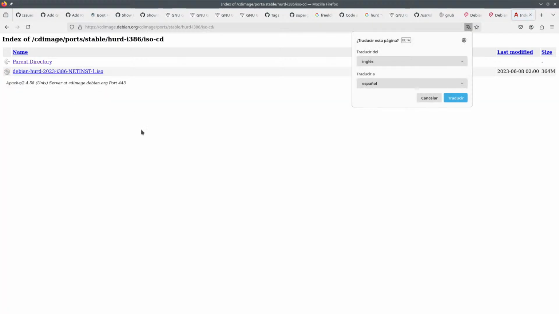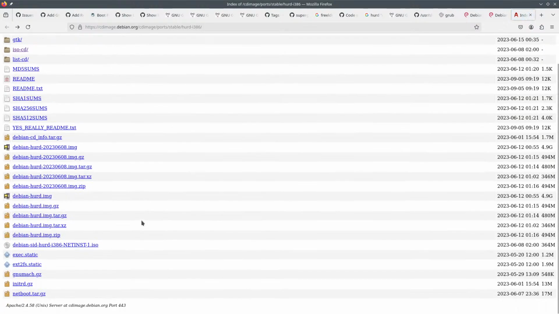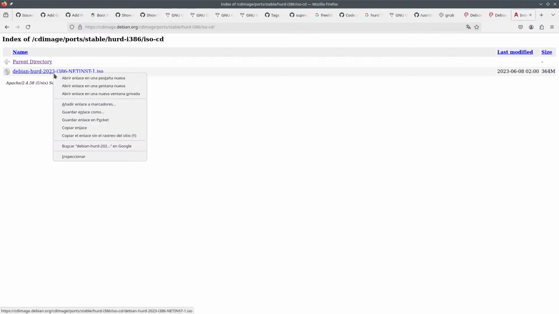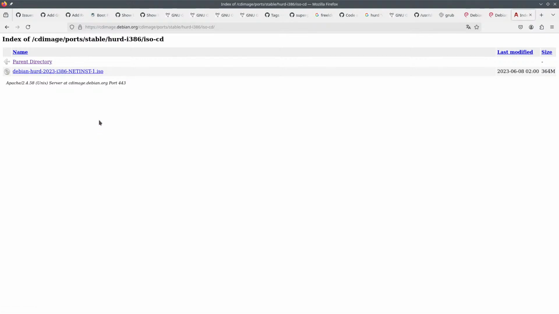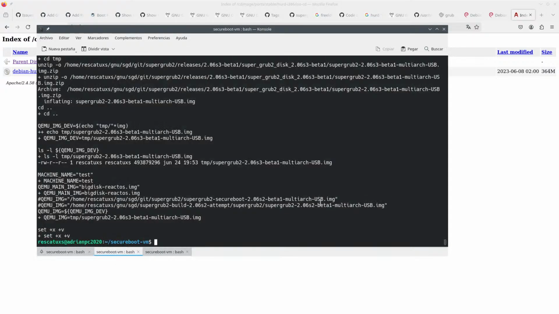Yeah, maybe ISO CD is what we are looking for. So 8th of June, this is exactly the same thing. Debian sid, no, I want something that's stable, like this one here. Okay, so how the hell do we do this without too much hassle?